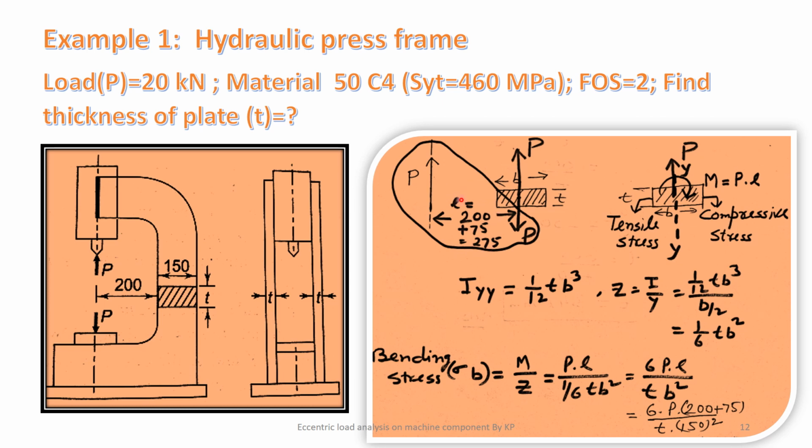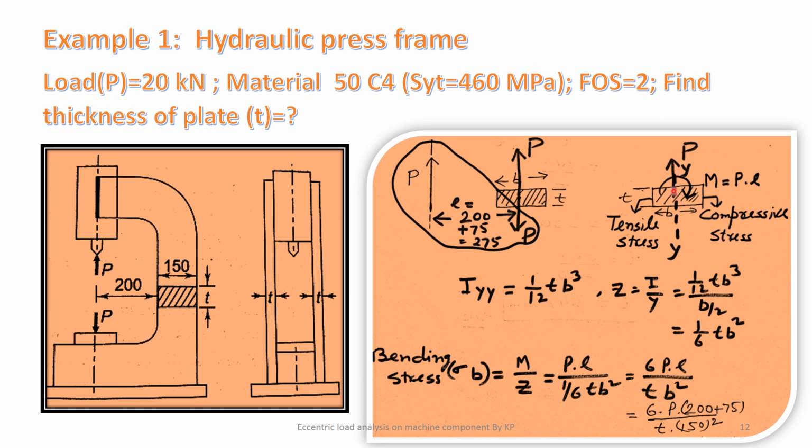So this is the eccentricity in this case, and because of this force it will form a clockwise couple. On this cross section, this is width B, this is thickness T, and this force and this downward force will form a clockwise couple whose value is equal to P into E. E is called the eccentricity in this case, and the only remaining force is the direct tensile force on this cross section.